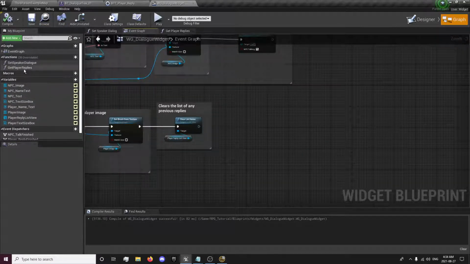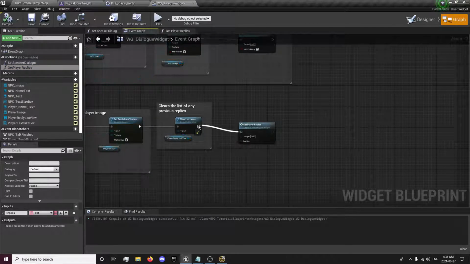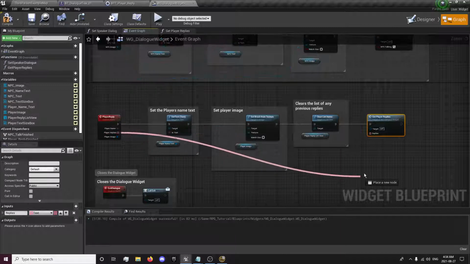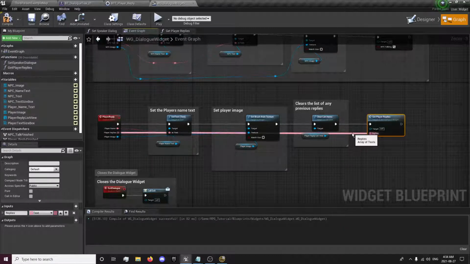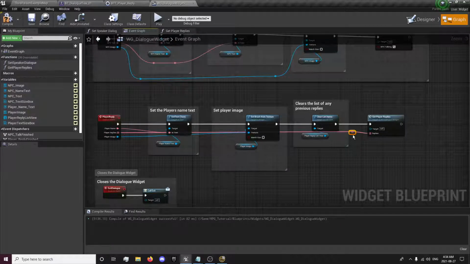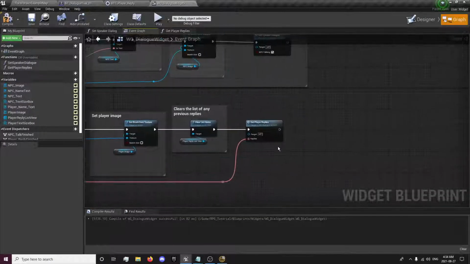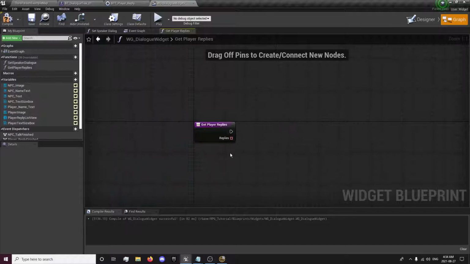The way this is going to work is we're going to put this here to get our replies, and we're going to send that over here. So that we have our replies being sent into our function, where we will handle each one to be displayed in their own